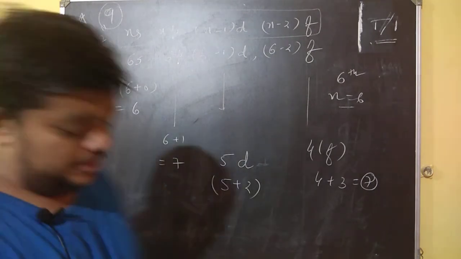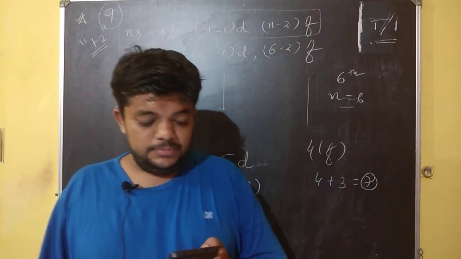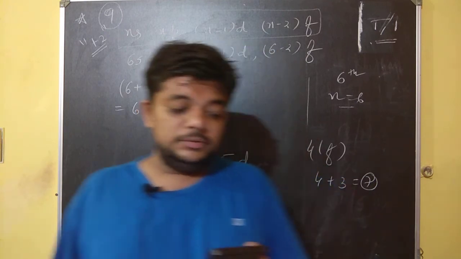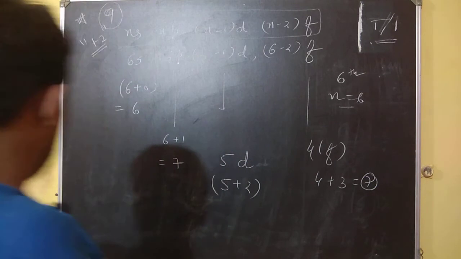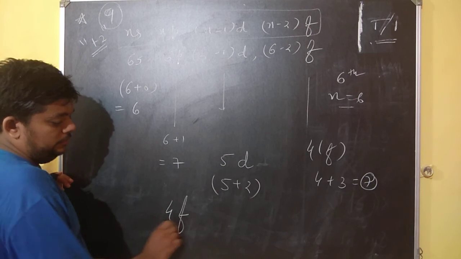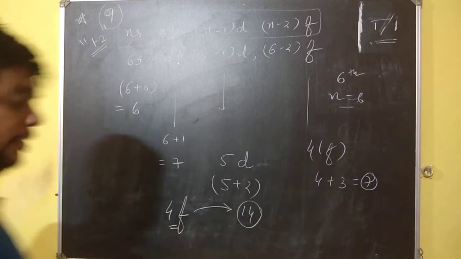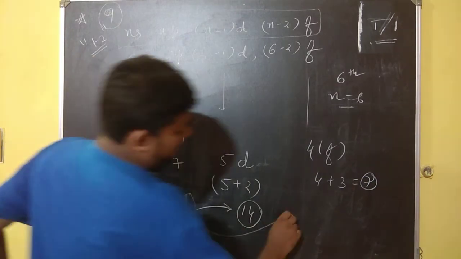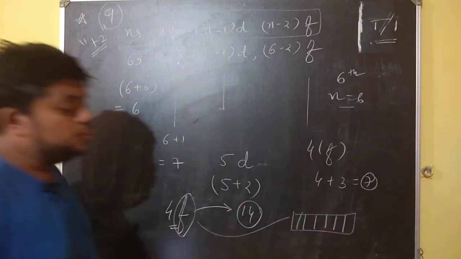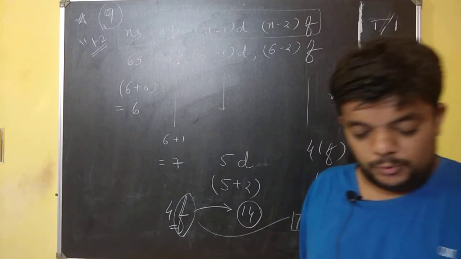I would be happy to share some of the notes, as well as I'll be happy to share again with you the same thing. Over here there is question number 19. Maximum number of electrons in a subshell with L is equal to 3 and N is equal to 4. N is equal to 4, L is equal to 3, so it is 4F, and the maximum number of electrons is 14. Don't worry about 4, worry about F. F has 7 orbitals. Each orbital has 2 electrons, and therefore the maximum possible electrons will be 14.